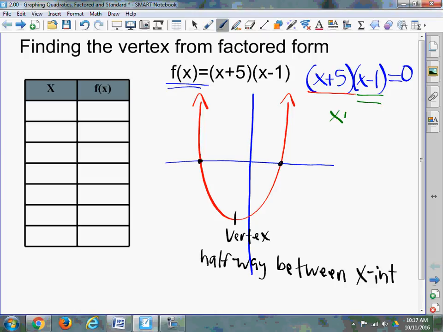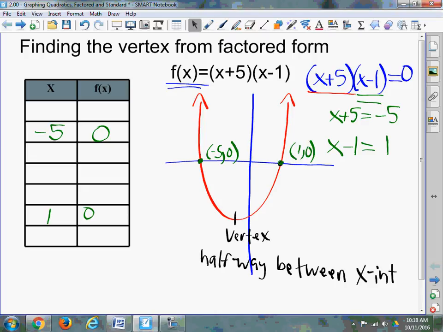So now I can say x plus 5 is equal to 0 when x is negative 5, right? And x minus 1 is equal to 0 when x is 1. And we know those are going to give us an output of 0. So if I go into my table, I have negative 5, 0. That's one of my x-intercepts. And I would have positive 1, 0. The vertex is not going to have an output of 0, and its input is halfway between negative 5 and